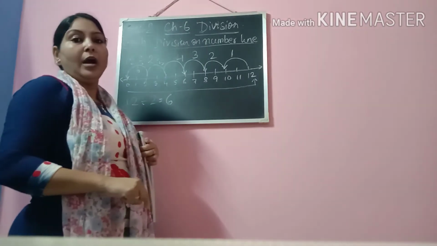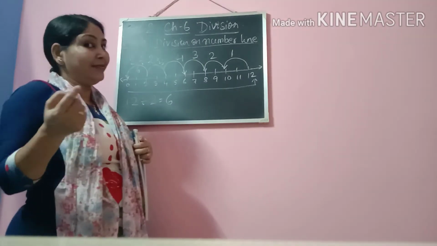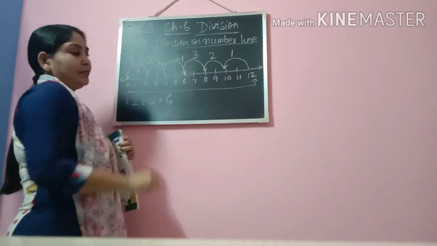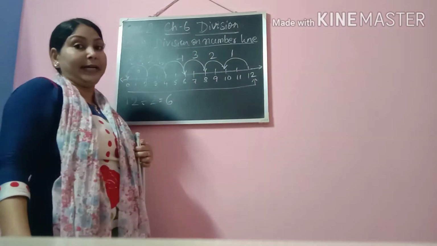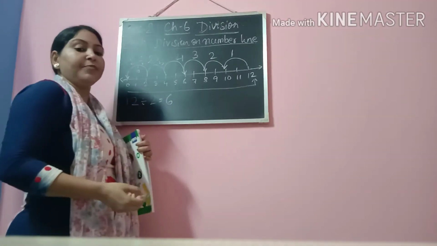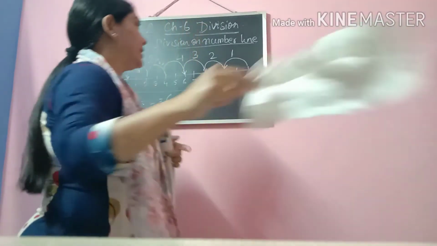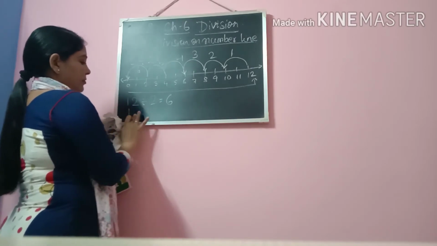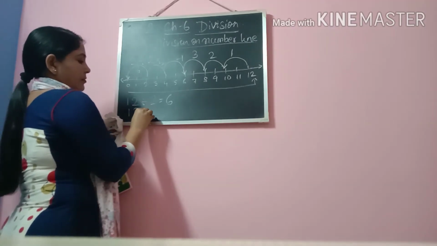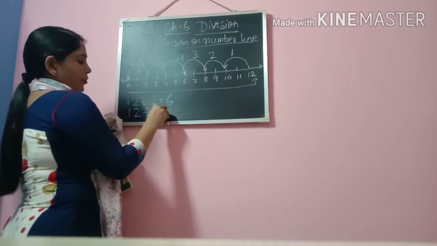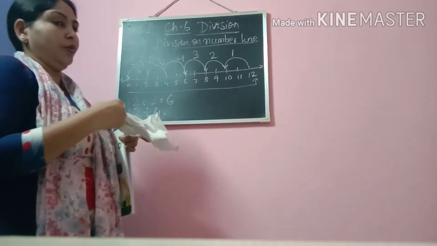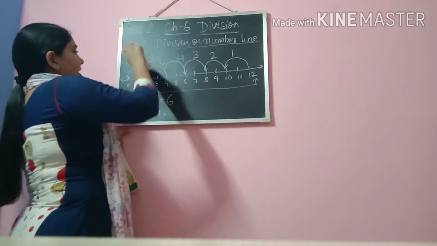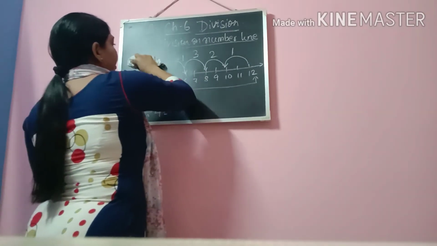And then now you have to see how many times we have skipped. So we have skipped 1, 2, 3, 4, 5, 6 times. So 12 divided by 2 is 6. Okay. So we will take one more example, that is 12 divided by, let's say 4. Now 12 divided by 4. In 4's table also we get 12. So this is another example I will be showing you again here.